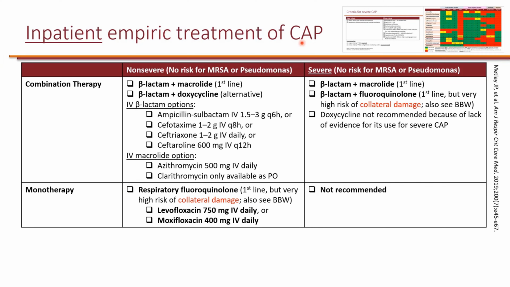And the significance of severe CAP is the increased risk of mortality. So because patients are more likely to die from CAP if they have severe CAP, you want to make sure that you have an optimal regimen for those patients. Now let's take a look at non-severe patients, and we're specifically looking at patients who do not have any risk